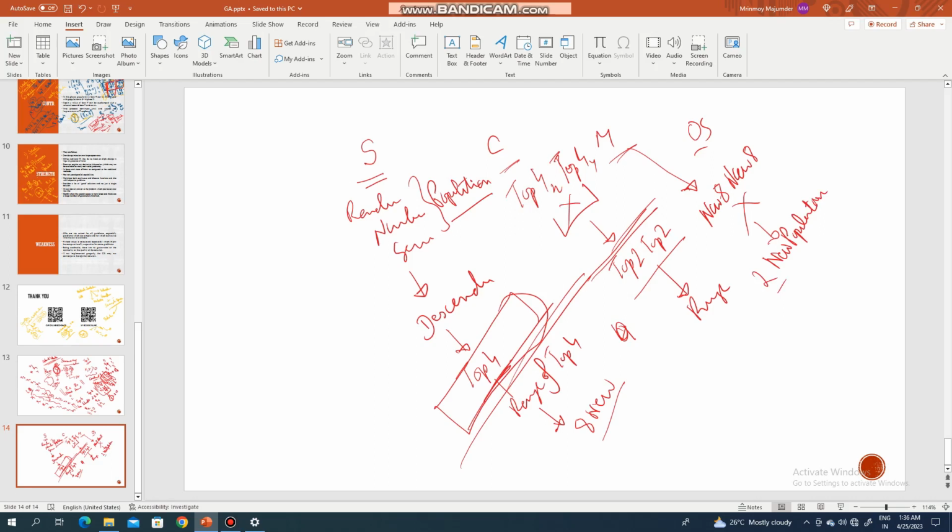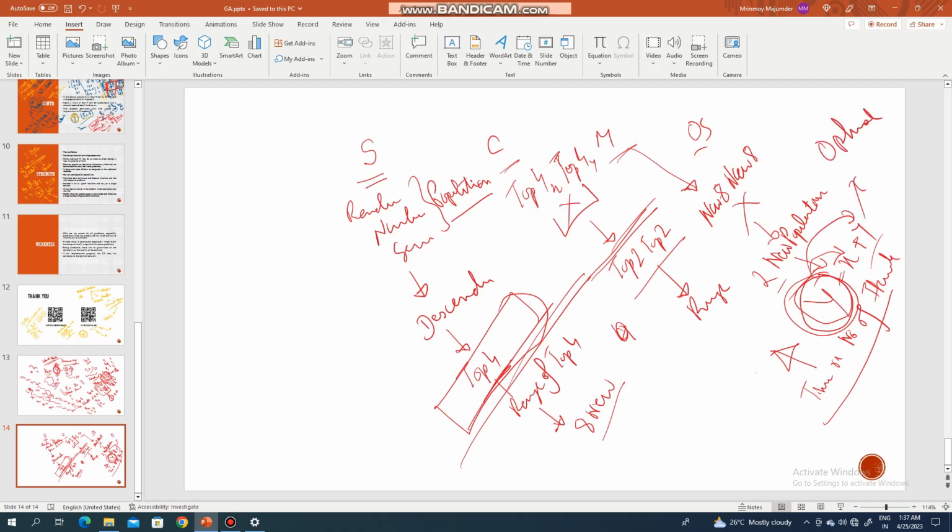And with the 2 new populations, you again try to find this y, 3y, x plus y. And as this is a maximization problem, you try to maximize it until you come to some number of iterations where, for a certain time or number of iterations, the value of y is not changing. Then at that moment you can say that y has reached its optimality, and there the corresponding x and corresponding y are taken as the optimal solution